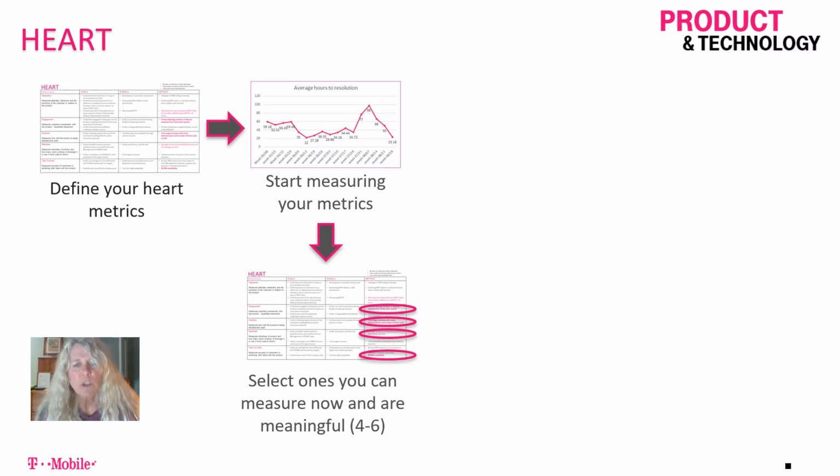And what you do is just go through your metrics and ask yourself 2 questions. Can I measure this now? Do I have the data to start trending this? And if the answer is yes, that's one positive. And then the next question is, is it meaningful? I.e., would I feel comfortable talking to my boss or my boss's boss about this metric and explaining why it's meaningful and why it's something that we should track? And if your answer is yes, yes, then it's a candidate. And then again, just pick 4 to 6, no more. And if you only have 3, that's okay, but just get started, all right?